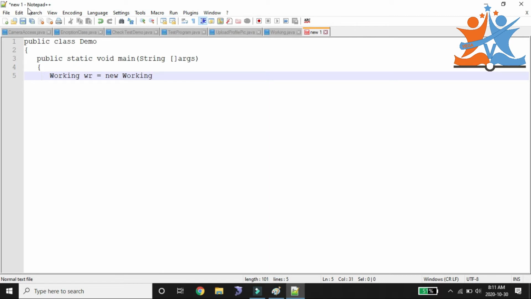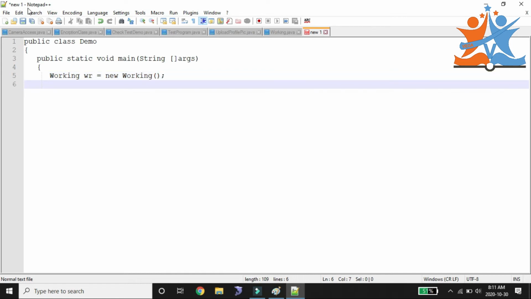How many types of constructors do we have? We have two types of constructors. One is a zero-argument constructor, and another one is a three-parameterized constructor.